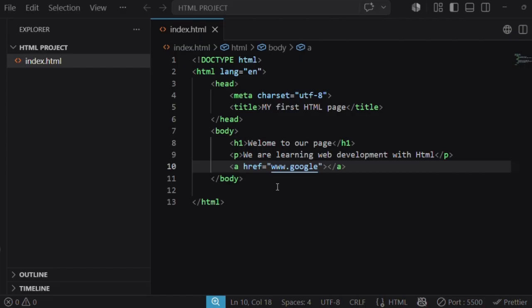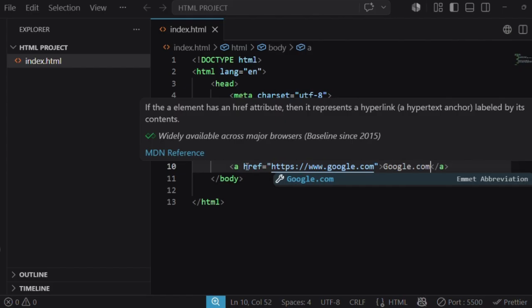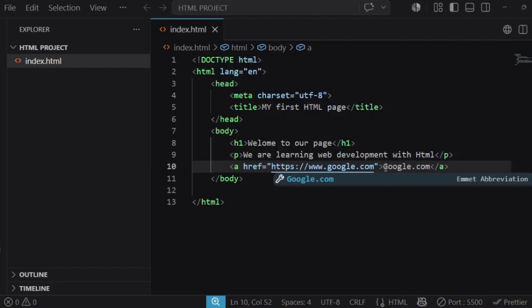But before that, we need to specify the hypertext protocol, which is the HTTPS, then like that, google.com. Then here, what we write in between will just appear where we can click. This is where we click in our link. I write google.com. And now the link is being specified in two parts, where we have the href part and the part